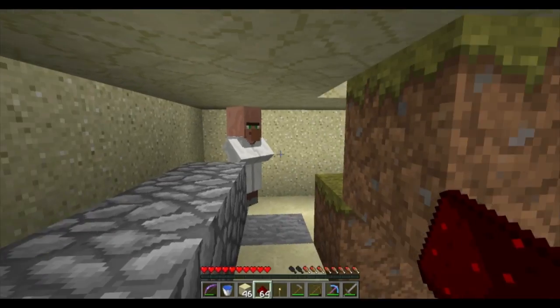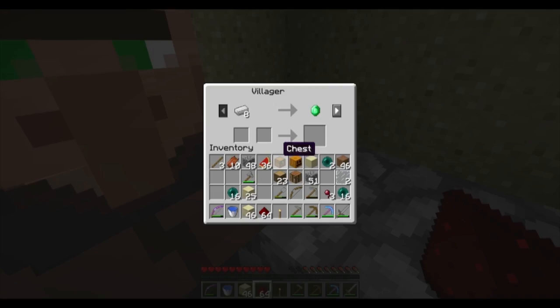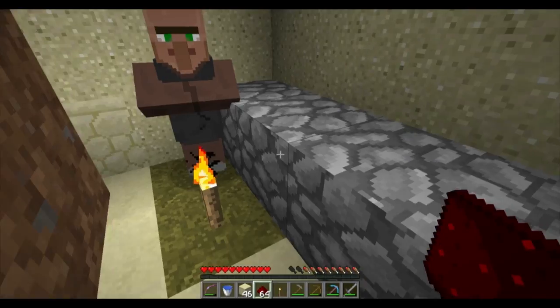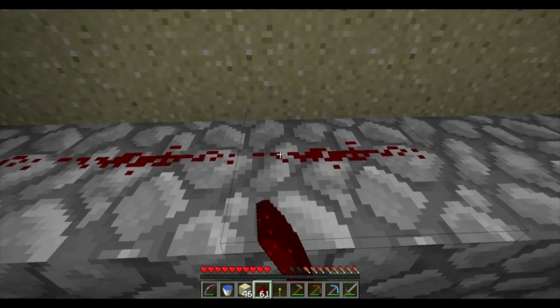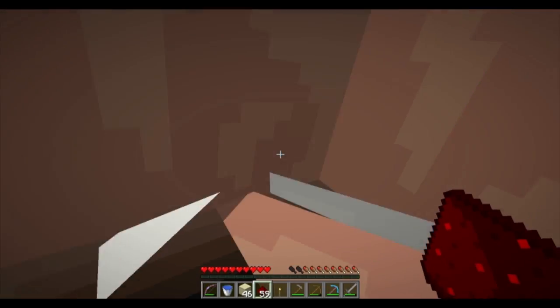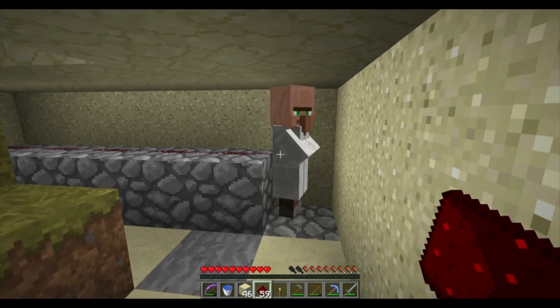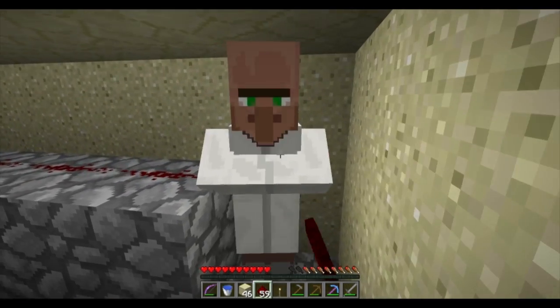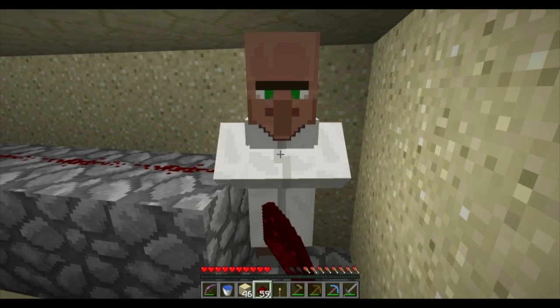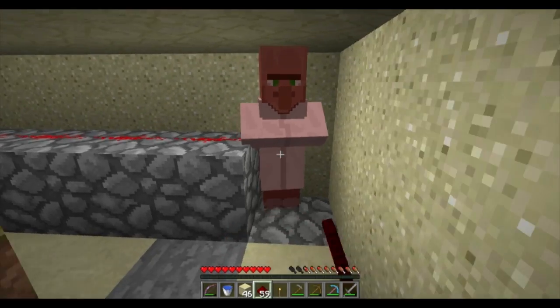Hello, villagers. Excuse me. I don't want to trade with you. Nope. Okay. So this should be right underneath the floor. Excuse me. You got a crappy trade anyway. Leave. Get out of the way. I'm trying to...